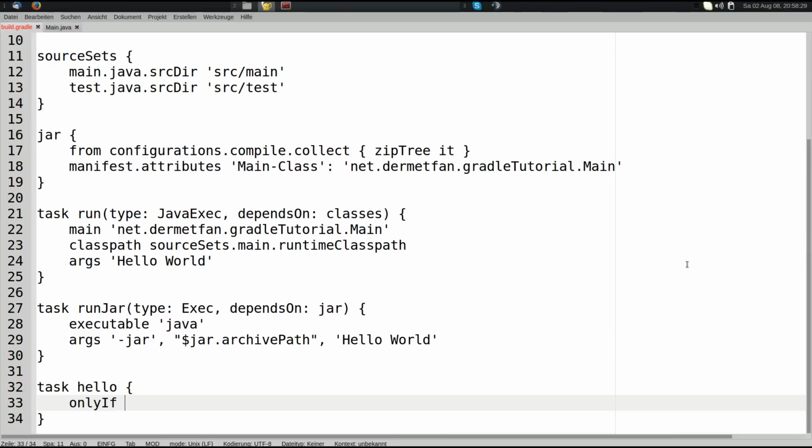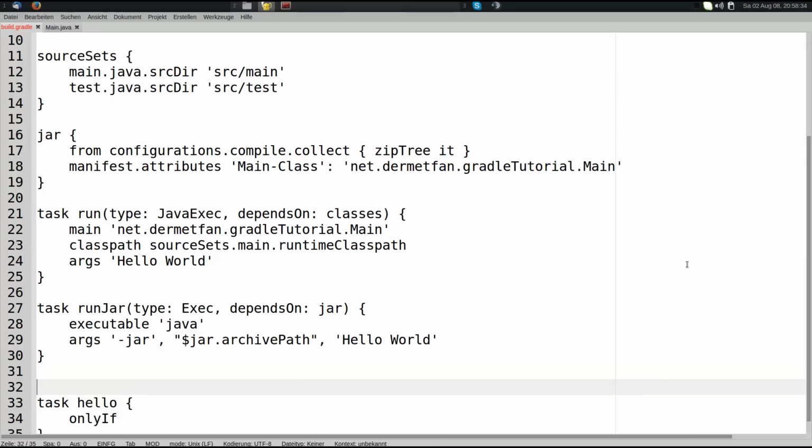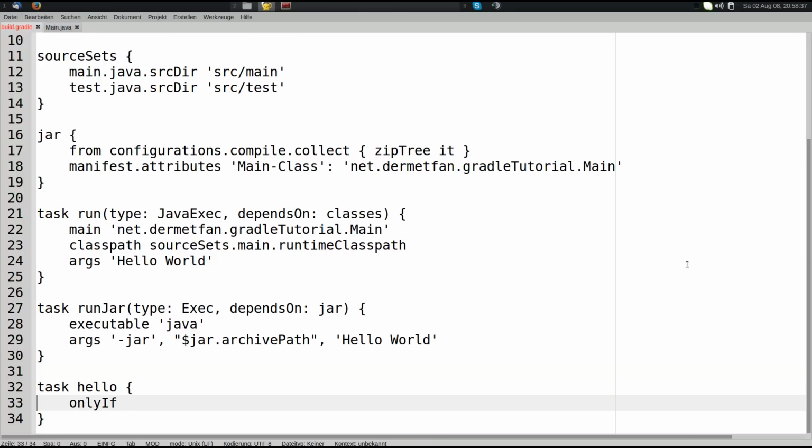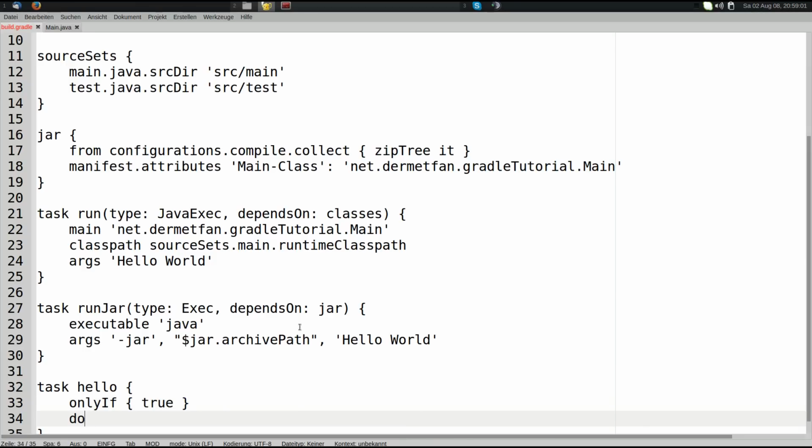Okay, now that's kind of dumb. But anyway, we're just going to say the hello task, you know what? Only if takes a closure, okay? And we can put any expression in there. What's important is that it returns true or false. So we could also just say true, and that's it. So only if that's true we want to execute hello, and hello has doLast, or let me just do it a good looking way,